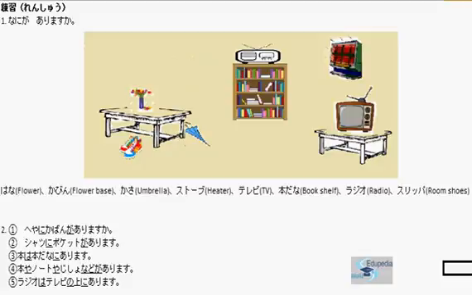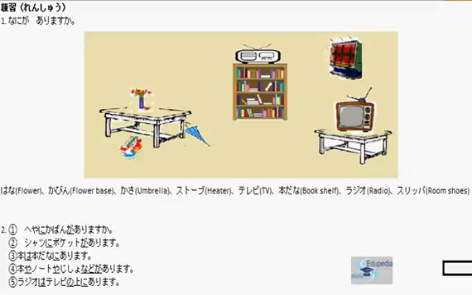So the next sentence is hon wa hondana ni arimasu. The book is in the bookshelf. The fourth sentence is hon ya, noto ya, jisho nado ga arimasu. So here the ya nado pattern is used. Book, notebook, dictionary, etc. are available. The last one is radio wa terebi no ue ni arimasu. The radio is above the television.